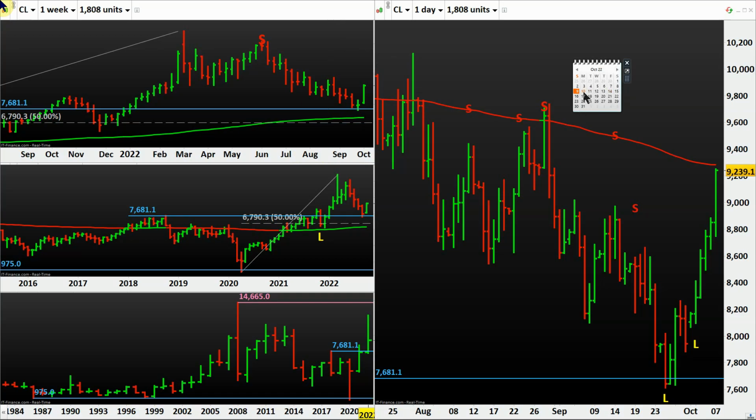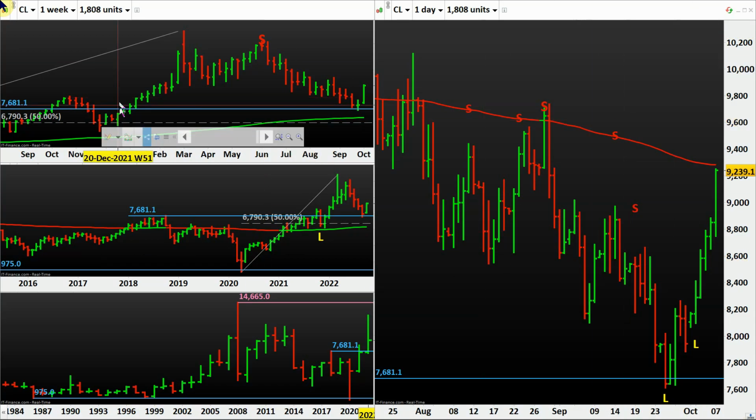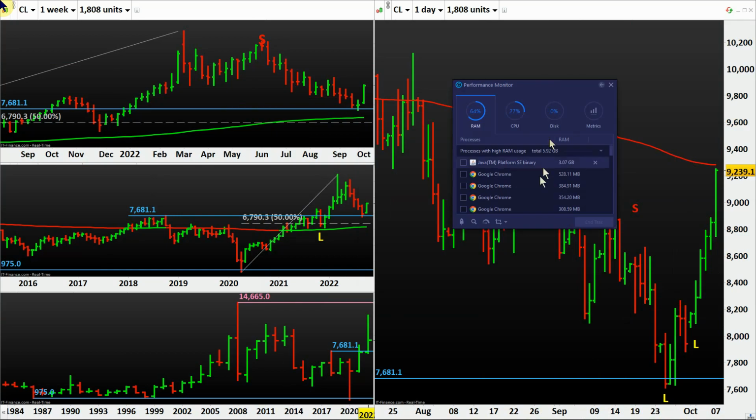Always do the analysis for the week of the 10th to the 14th on either Saturday or Sunday, because on Saturday and Sunday no market moves to a great extent. Maybe a little bit of Ethereum or Bitcoin here and there, but other than that nothing moves. So it will be a static screen. The advantage of a static screen is that it is not consuming your broadband, your internet, your RAM, CPU, or disk.